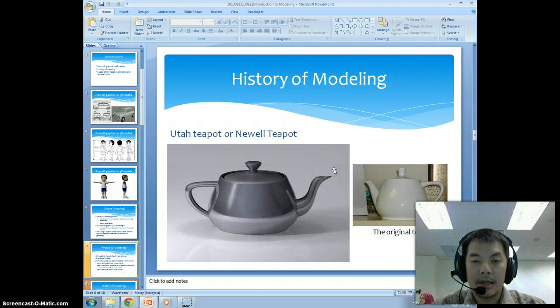Now we're going to explore the history of modeling. The model you are going to see here is a 3D model, and this is a realistic model. This teapot is called Utah teapot or Newell teapot, which is the first 3D model created in the history